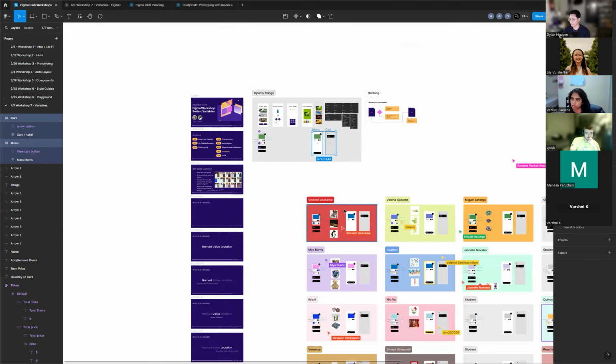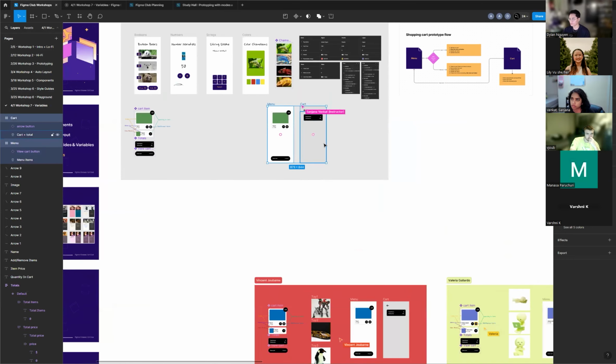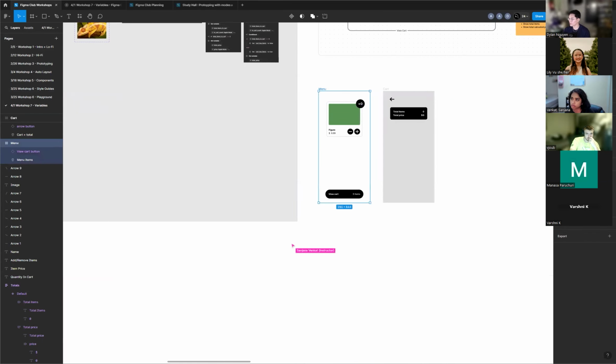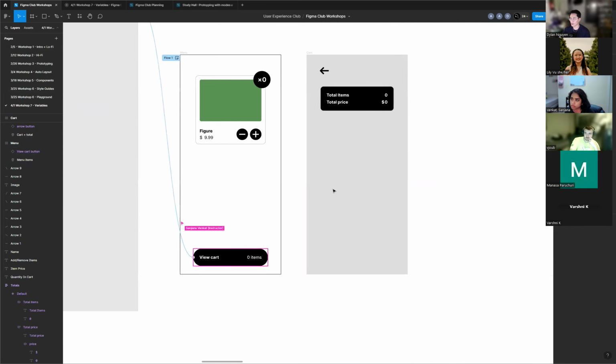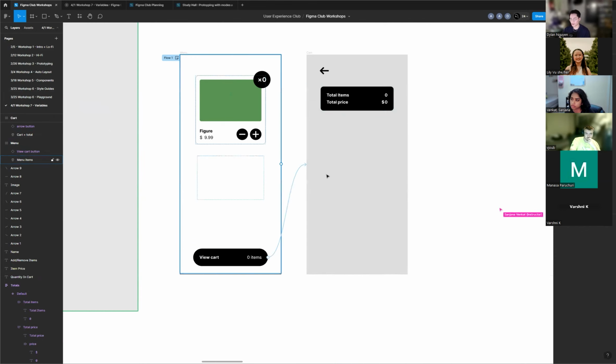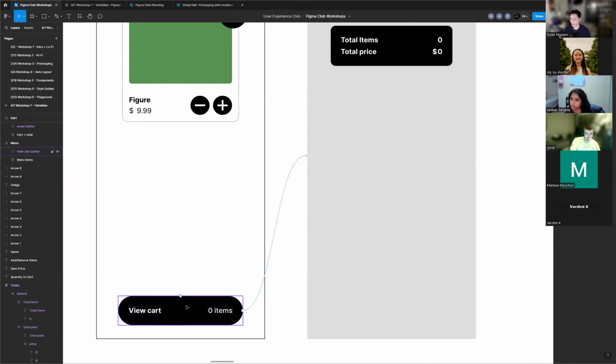So if that's not working, you might not have to. I don't know if it's just on my end or not. But you can add an interaction to, okay, sorry,